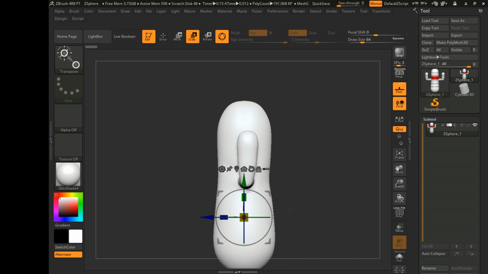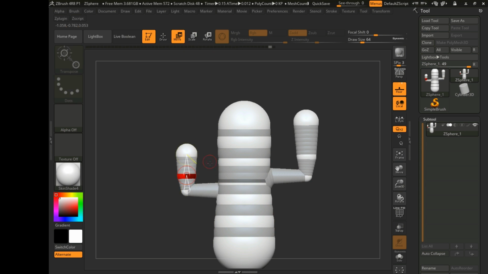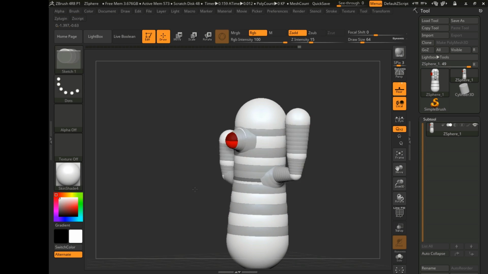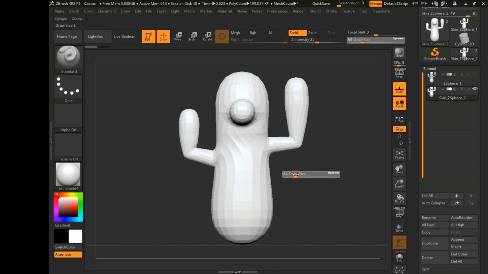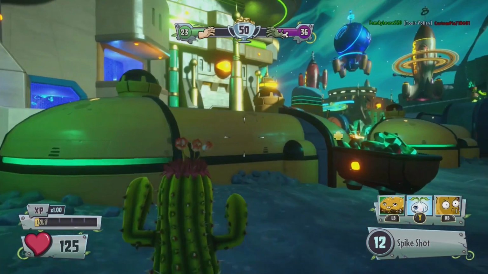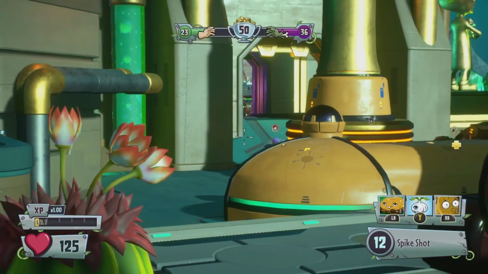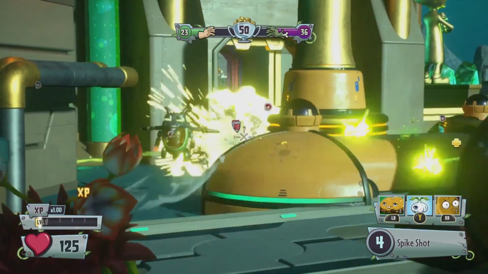The Cactus in Plants vs. Zombies Garden Warfare 1 and 2 has a couple of really fun powers that are at your disposal while playing as this character. The Cactus would probably be classified as a sniper class, or at least as close as you get to that in a Plants vs. Zombies game. So when playing this character, you probably won't be getting up close and personal with people. Sitting back, finding a good vantage point, and shooting long range using the Cactus's main weapon, the spike shot, is